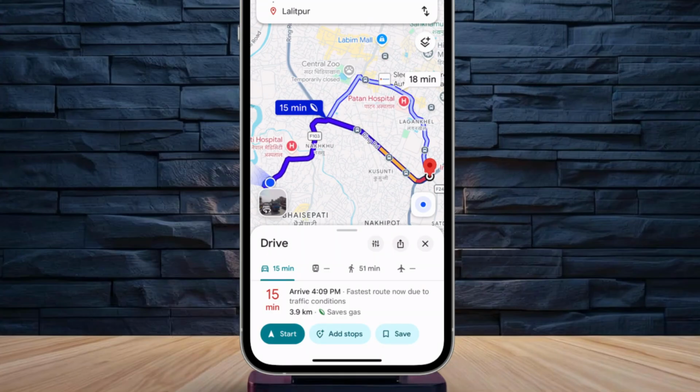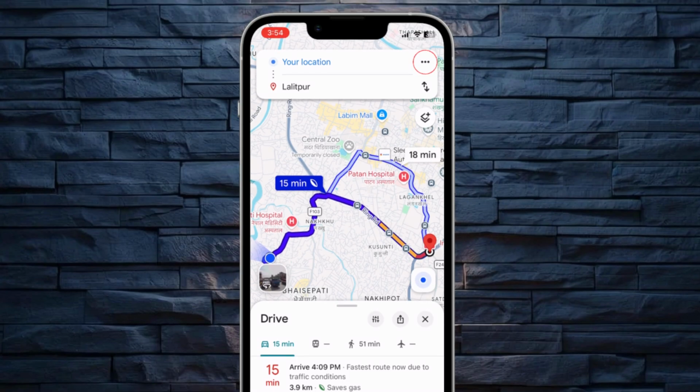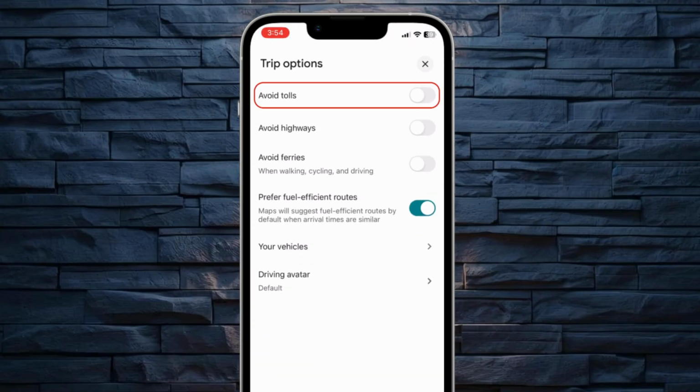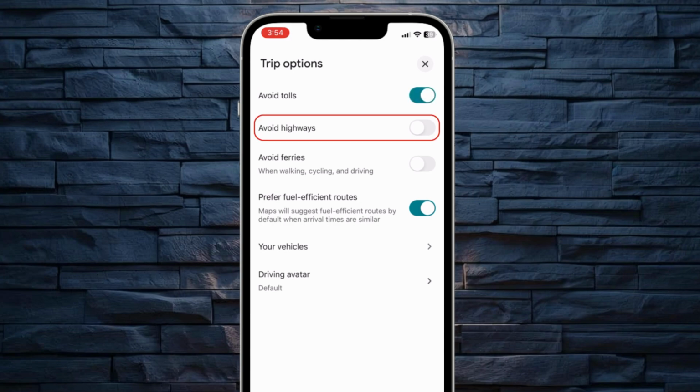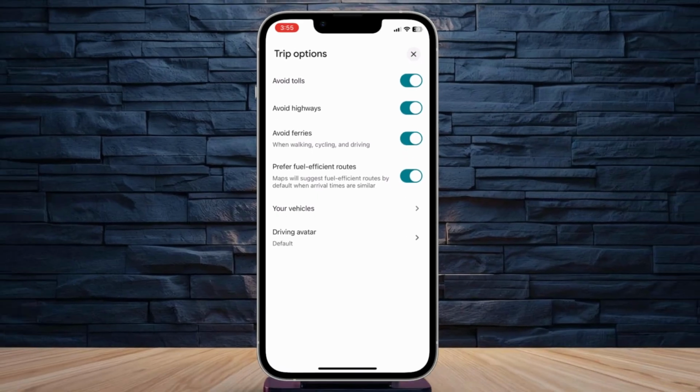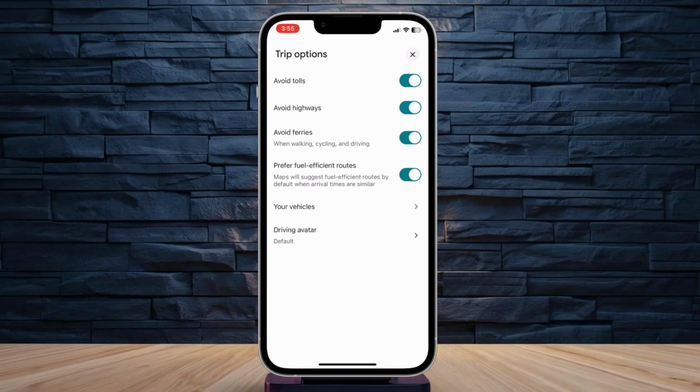Before starting navigation, tap the three-dot menu in the top right corner. Next, tap Route Options. Now, turn on the toggle next to Avoid Tolls. If you'd also like to avoid highways or ferries, you can enable the Avoid Highways or Avoid Ferries options from the same menu. Once you've selected your preferences, Google Maps will recalculate your route and try to avoid toll roads